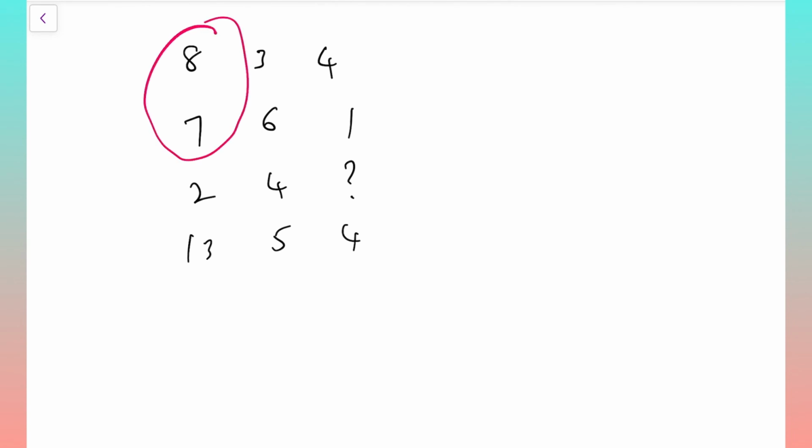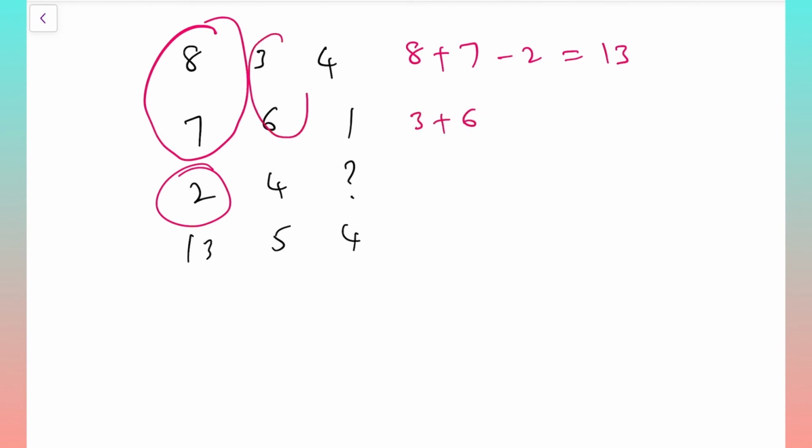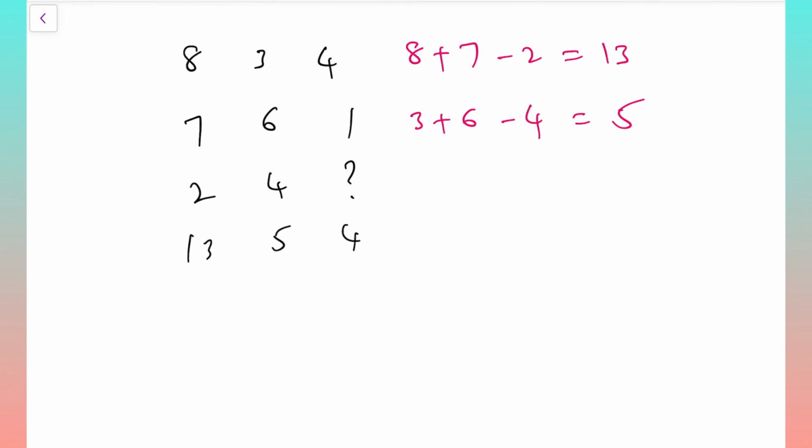8 plus 7 is 15, 15 minus 2 is 13. Okay, we got it. Let us check for the second column also. 3 plus 6 is 9, 9 minus 4 is 5. Yes, correct. So for the last one also, if we go with the same logic then,